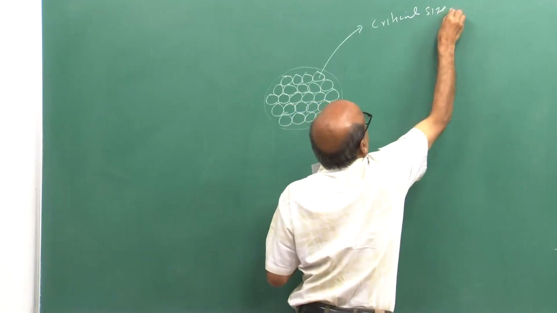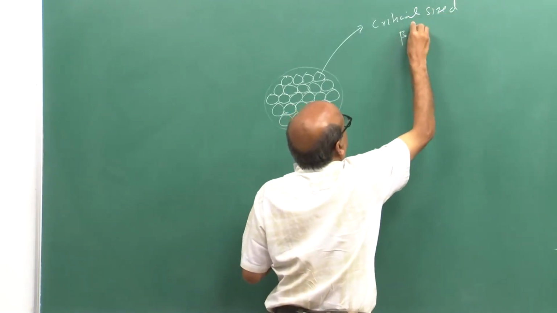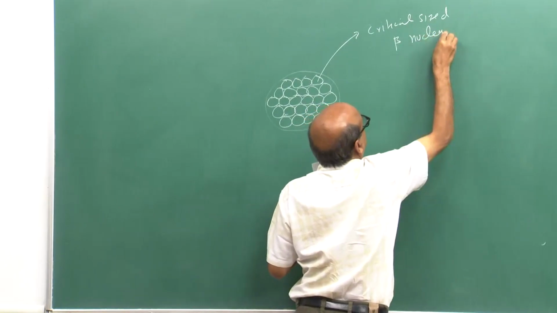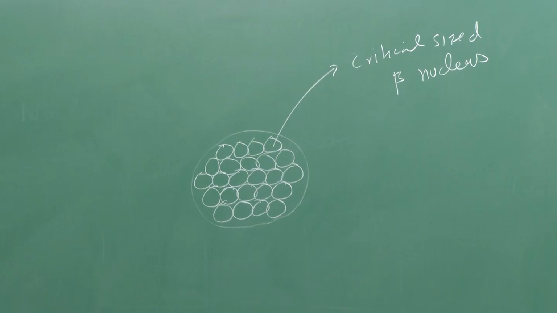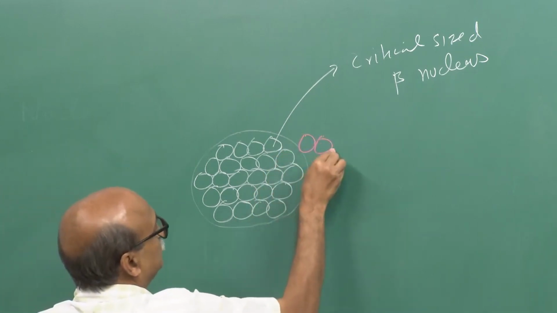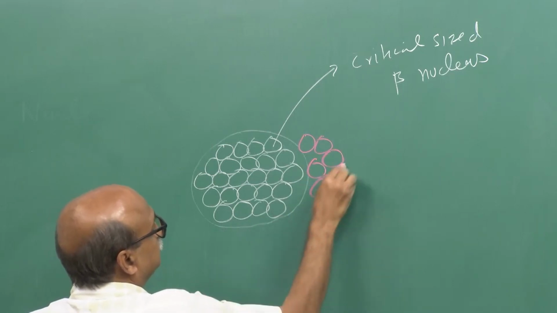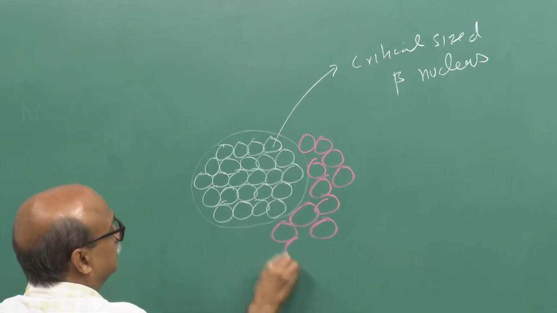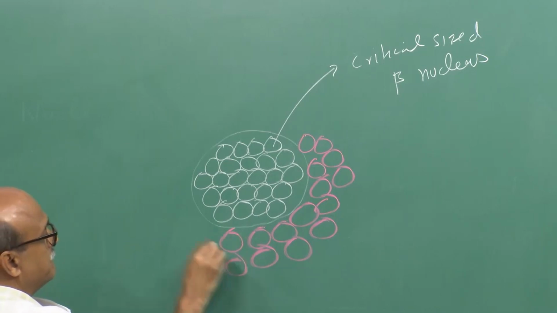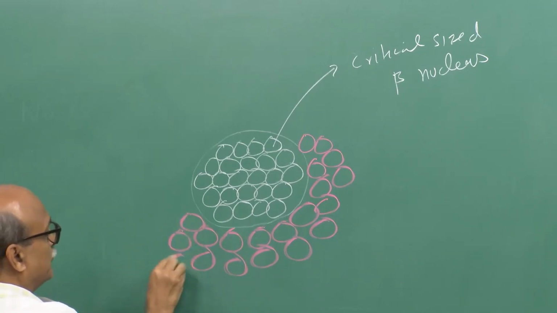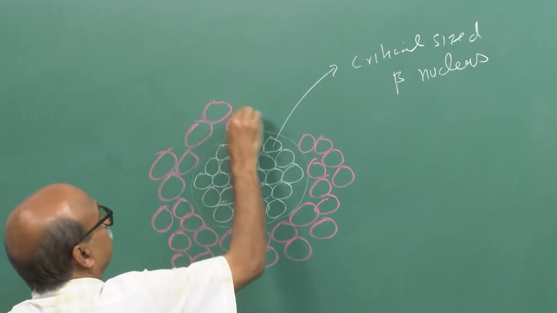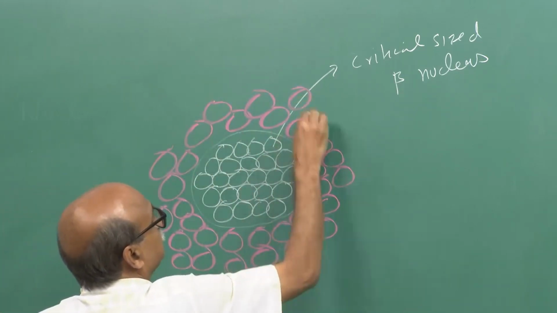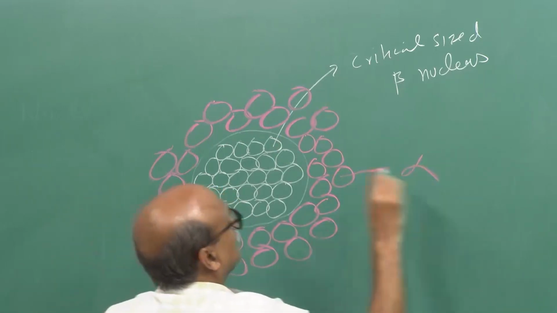So, critical sized beta nucleus. Surrounding this is alpha. So, the alpha phase is surrounding it. So, all of this is alpha,